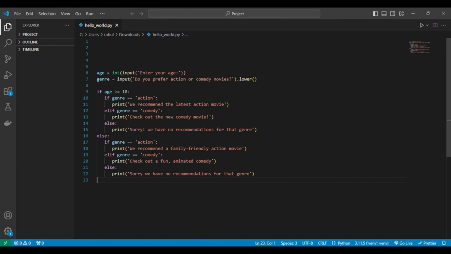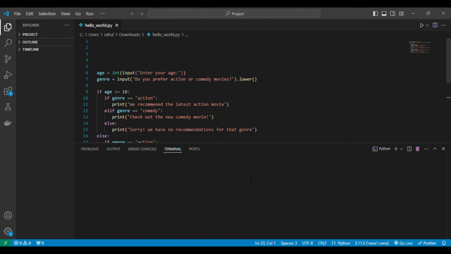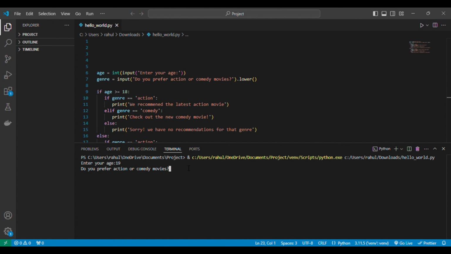Explanation: first, we ask the user for their age and genre preference. Then we check if the user is 18 or older. If they are, we recommend a movie based on their preferred genre. Or if they are younger than 18, we recommend a family-friendly version instead. This example demonstrates if, elif, else, comparison operators and nested conditions, making it a great way to practice conditional statements